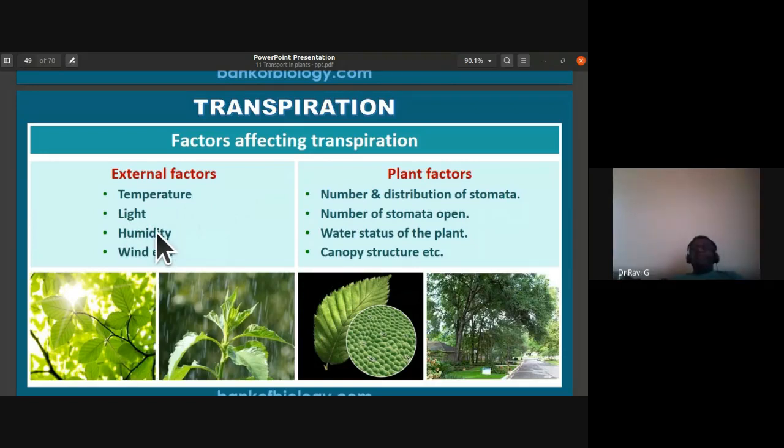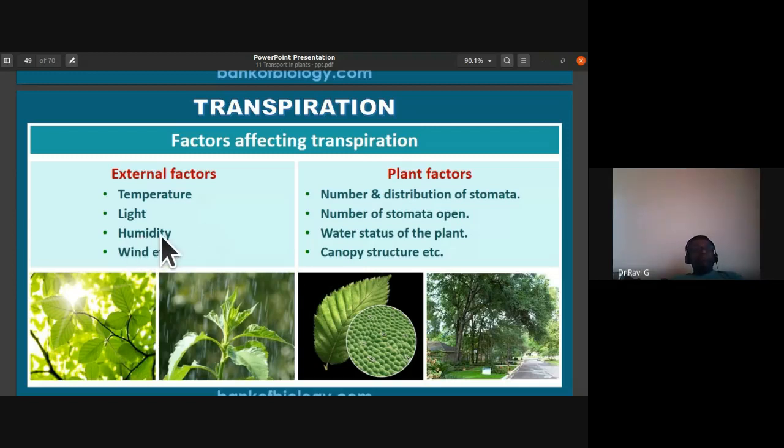So the factors which affect transpiration are, first, the external factors like temperature and light. The higher the temperature, the greater will be the evaporation. If evaporation is greater, the transpiration would also be higher. See, for transpiration to occur, the water should evaporate. So temperature is important. Light, humidity, wind also play an important role in transpiration. I had told about how light indirectly also affects the temperature. Light also brings about photosynthesis. Okay.